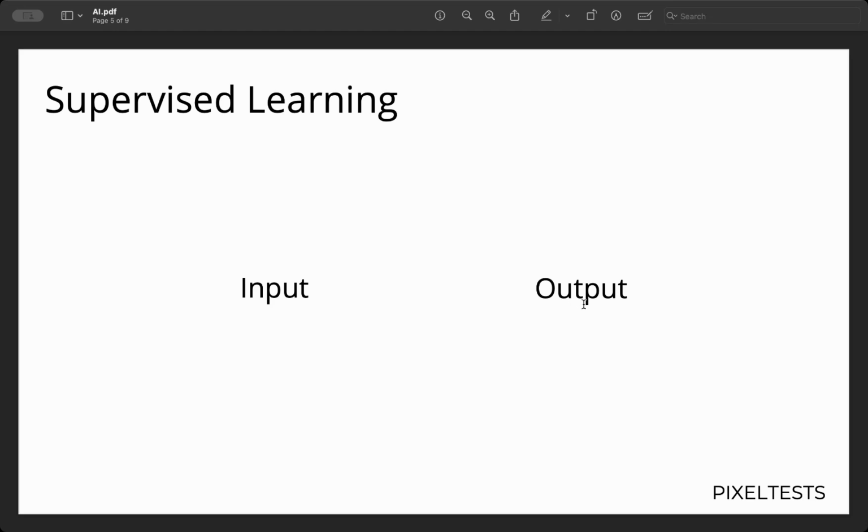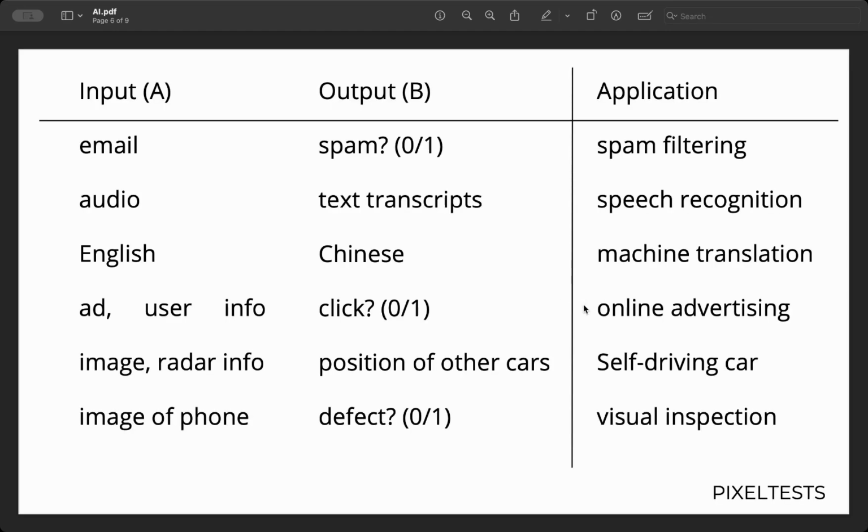So, let's see a few examples here. Now, let's say the input on the A side is email. Now, based upon the contents of the email, we can just say give output as 0 or 1. Now, this is an application which is spam filtering, right? Now, let's say if you have given audio and the output is text transcripts, which means this is speech recognition.